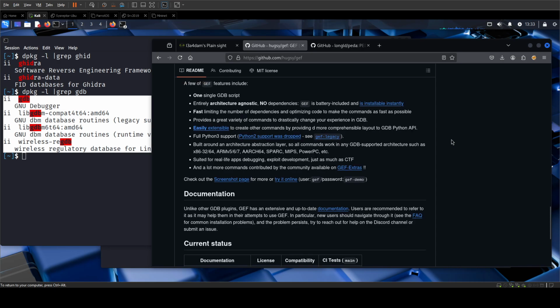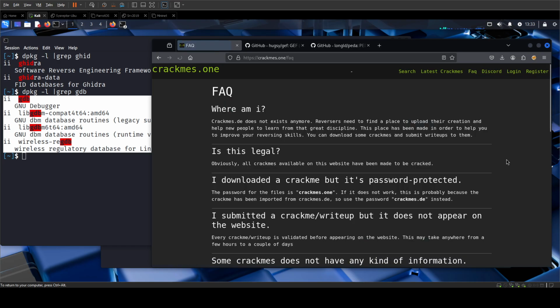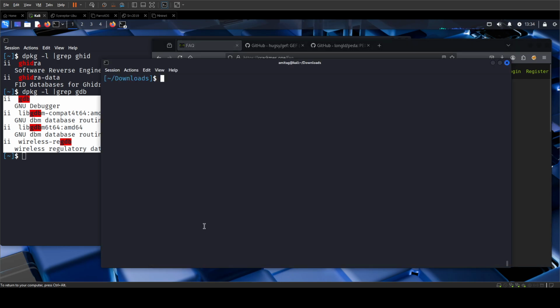Now, once you have done this, then you can go ahead and download the binary from here. This will be a zip file, and to extract this, you will need a password. So you can go to FAQ here, and in the FAQs, you can see that the password is crackmes.one, which is the domain name of this site as well. You can see here it is the third question, and it mentions that all the files are zipped with the password of crackmes.one. Now, once you have downloaded this, you can unzip it, and I have already unzipped it, and the file is called